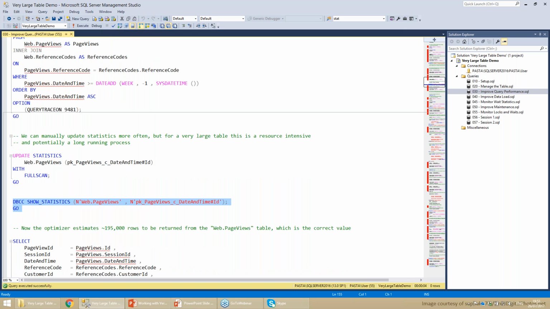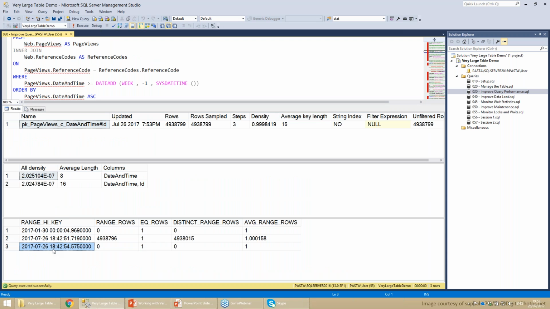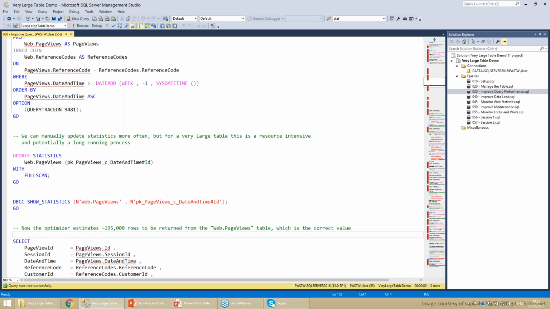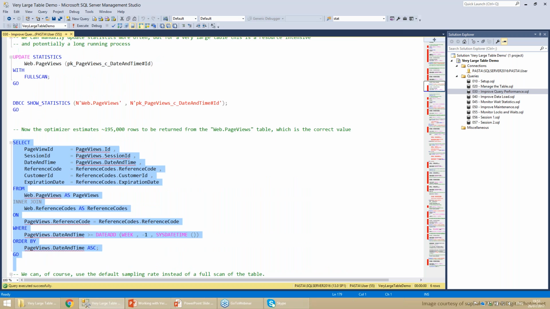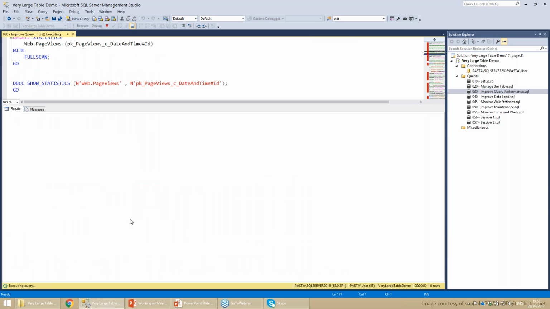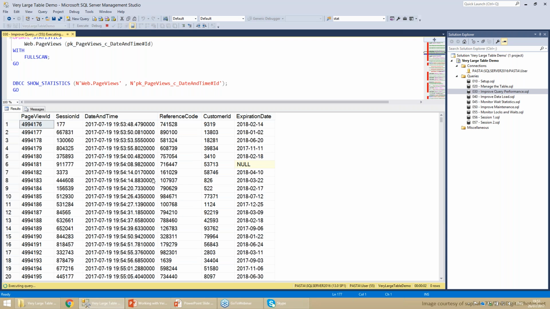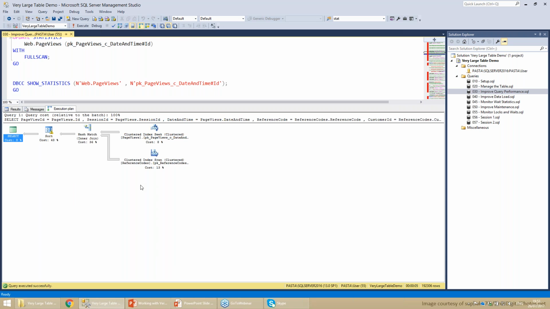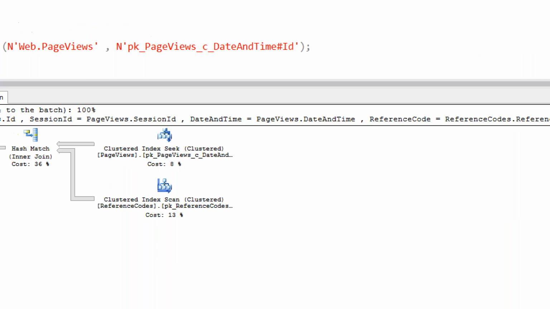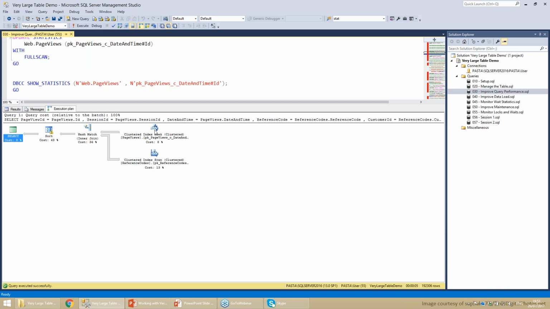If I do that, so now we can see the statistics is updated as of today, as of the last value in the table. Okay, and now if we run the query again, we will get more accurate results. So we get the hash match again. Sorry.